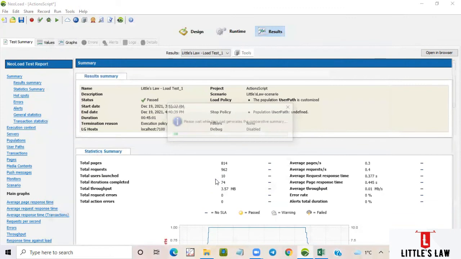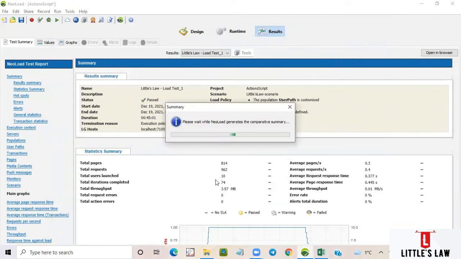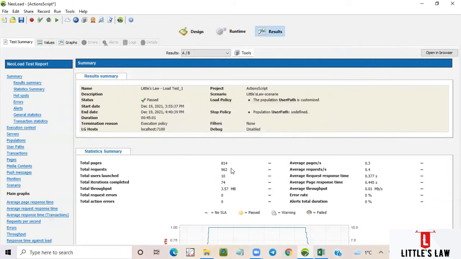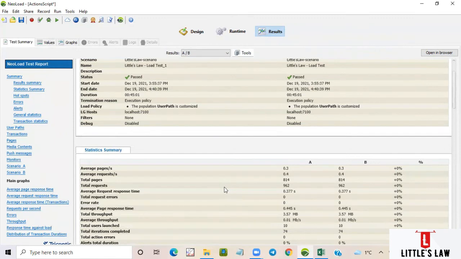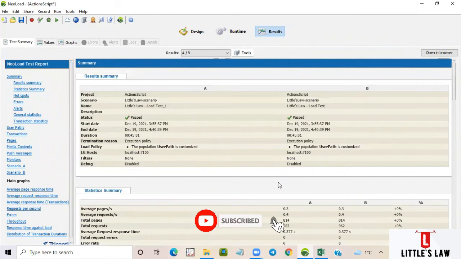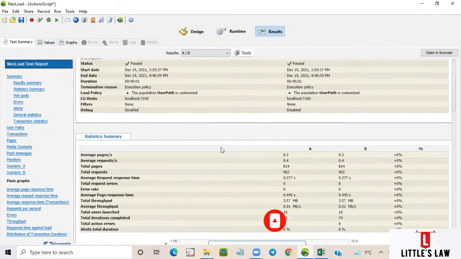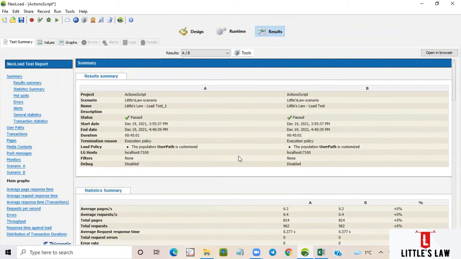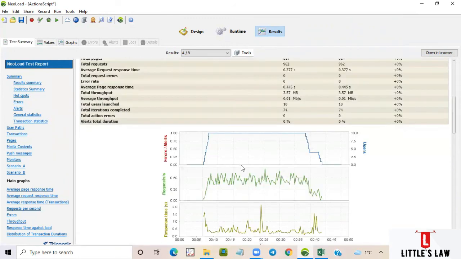So I'm just clicking on compare. Since both of them are the same test, we will not find any differences, but in any of your cases where you are running two different tests with two different timing metrics, it will be easy for you to compare. In all the pages, starting from your summary page, you can see whatever metrics you have for test A and for test B. You can easily create a comparison.